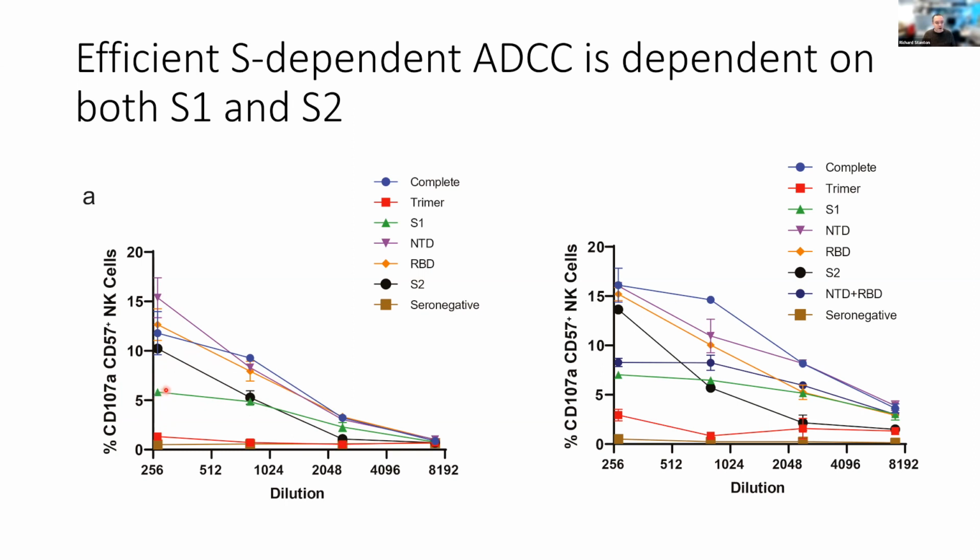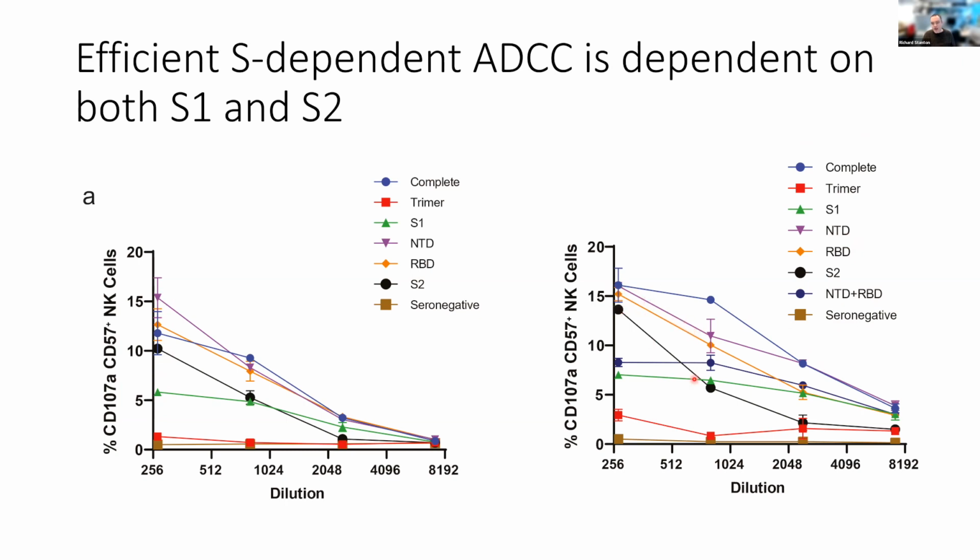One thing that was slightly surprising here is that we didn't see anything when we depleted NTD or RBD alone, but when we depleted the S1 domain antibodies where these domains reside, we did see an effect. So to find out what was going on, we took a different donor, did the same thing again, but as well as separate NTD and RBD depletions, we did a double depletion of both together. Looking at this donor, again, blue is the starting serum. This time depleting NTD alone or RBD alone had a small impact on reducing ADCC.